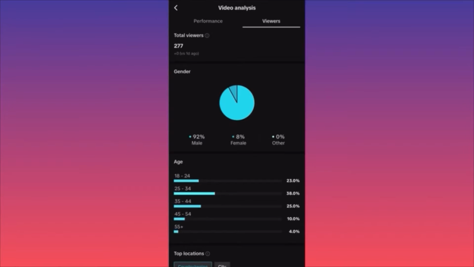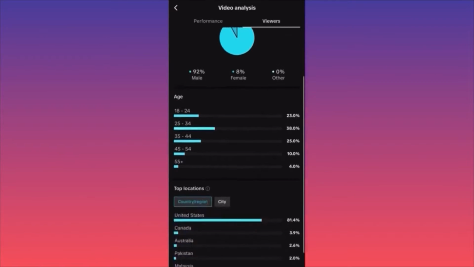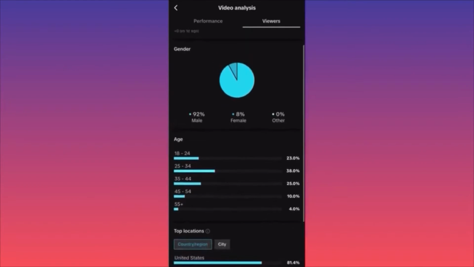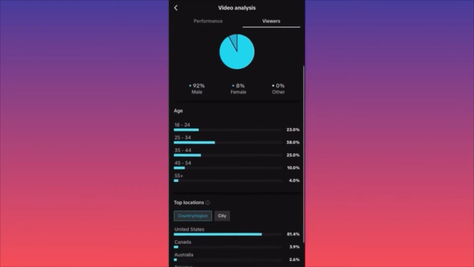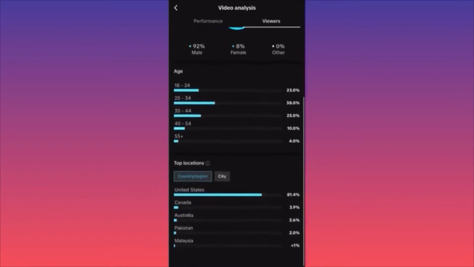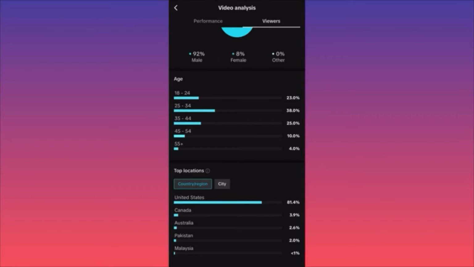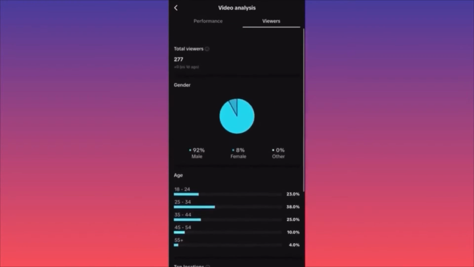This is an in-depth breakdown of the followers, the gender of the followers, the amount of followers that actually interact. You will see the gender here, the majority of which are male, only 8% female. As you can see, we have a full breakdown of the ages of the followers or the viewers of this particular video. We also have top locations, and we also have a city breakdown, right? We have by cities, where people are watching and where they're interacting.